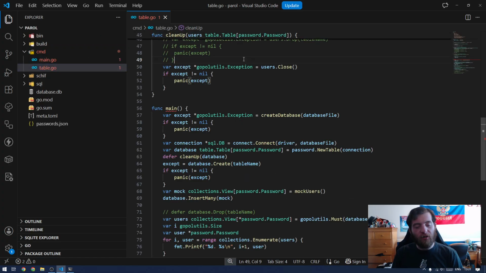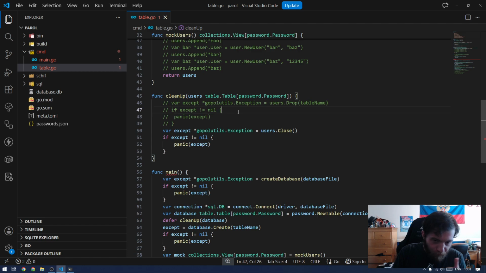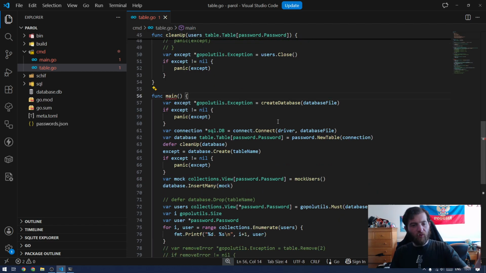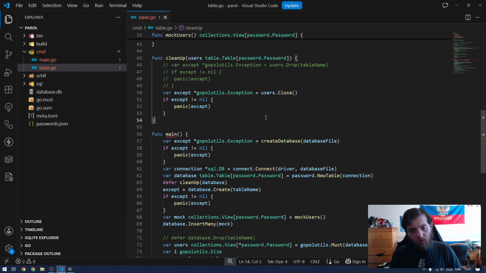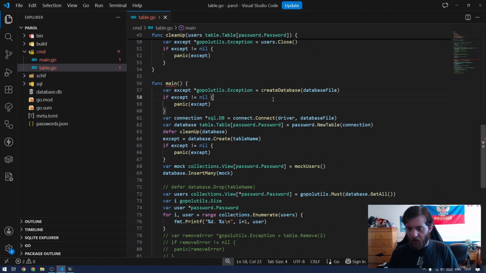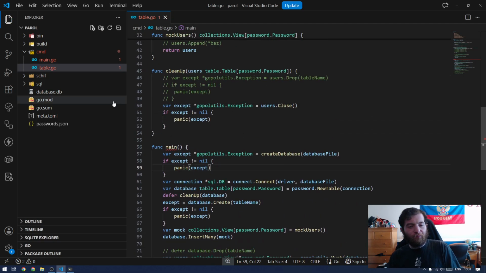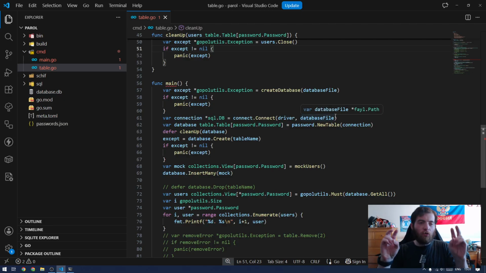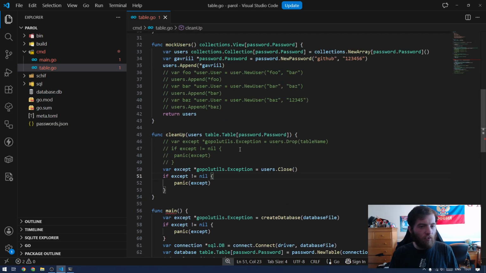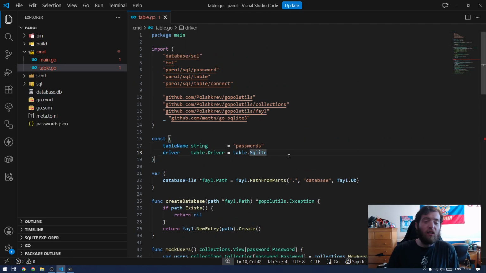So what we have here is a main function here in the table file that just gets everything. It connects to a table, it mocks up some users, and then it creates the database and prints the users and their passwords. Really, I copied this from a previous code base we worked on. May look familiar,